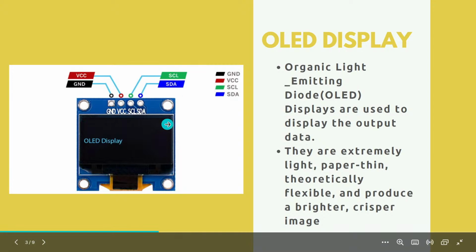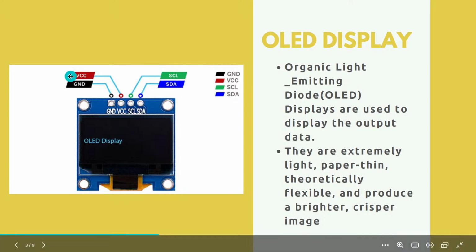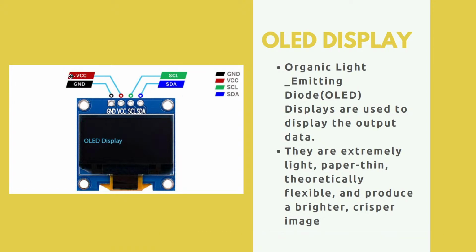Yeah, it works on I2C. Coming to the VCC pin, this pin is used to supply the voltage to the OLED display to turn on the display. The voltage range of OLEDs lies from 3.3 volt to 6 volt, so you can give 3.3 volt or 5 volt. Coming to the ground pin, this pin is used to connect the display to the ground of the NodeMCU board. And then the data pin. This pin is used for data transmission in I2C communication. It is typically connected to the D2 pin on the